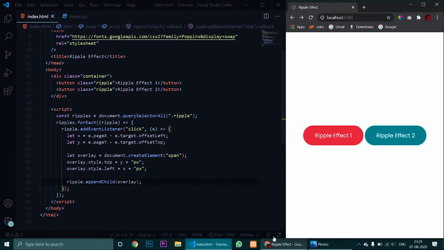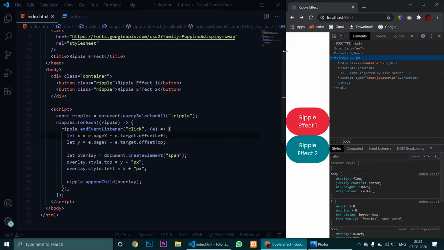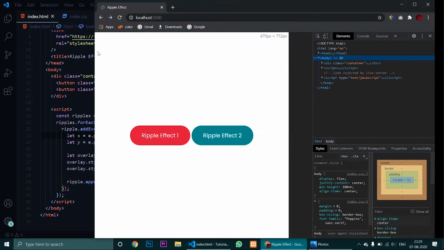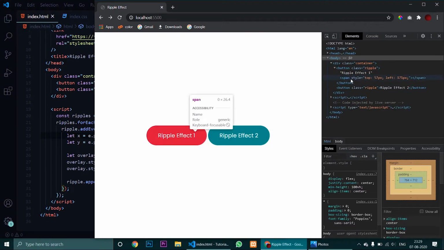Now to see how this function works, let's go to the inspect element and let's enlarge it a bit. Now if you see, currently we don't have anything inside any of these buttons, but as soon as I click on any of these buttons, like if I click on the first button, you see a span tag got added over here.